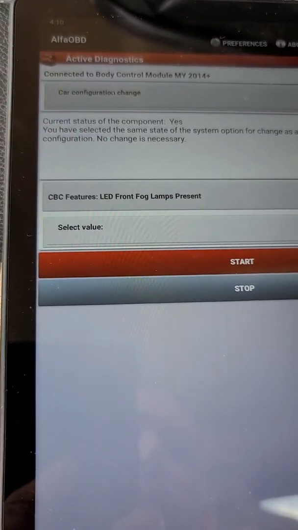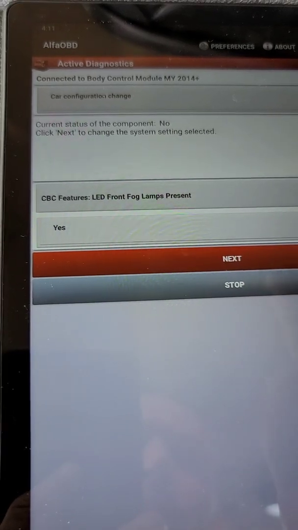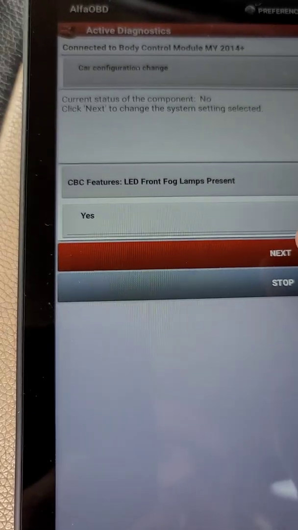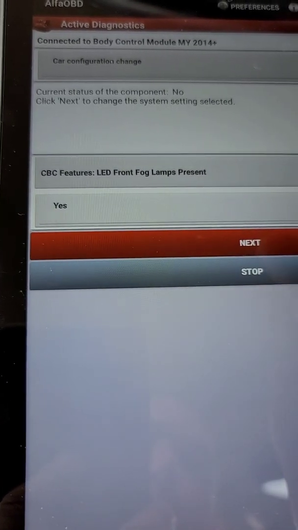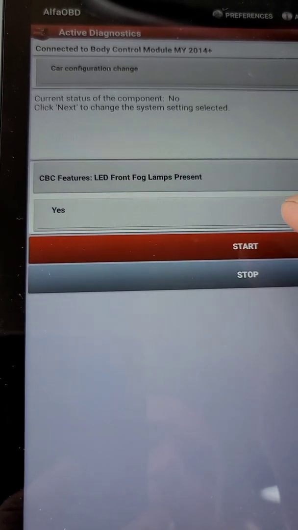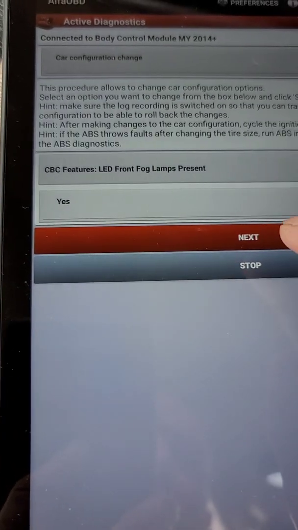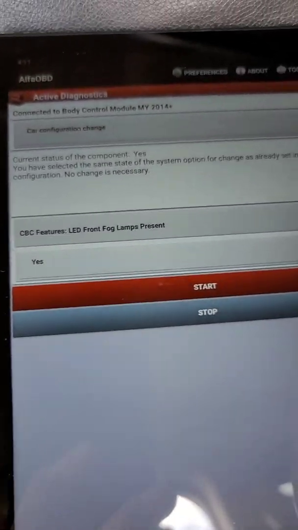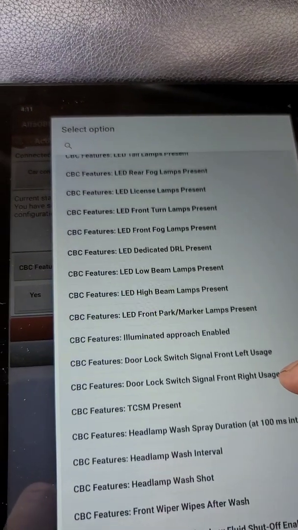LED fog lights. Let's change that to yes. Current status is no. Select next for yes and start. See, it says procedure completed. Let's do it again just to see. It says status of it is yes. It's high beams, low beams, fog lights,